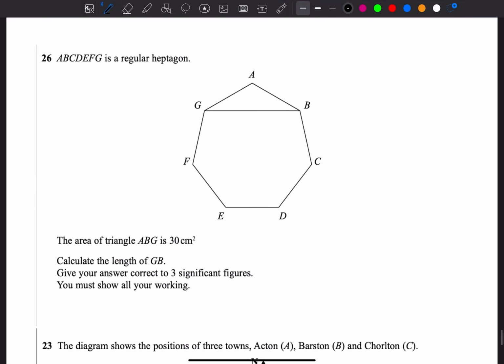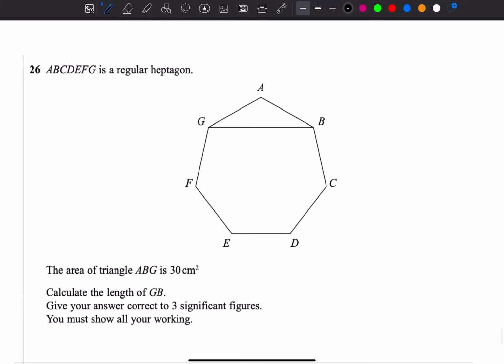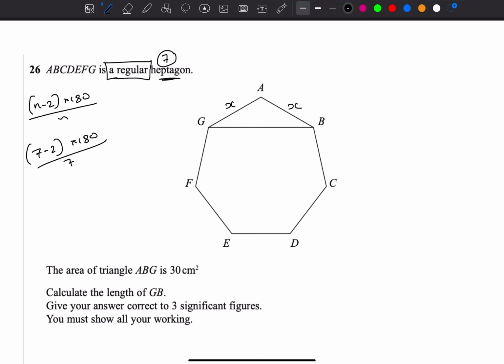The area of triangle ABG is given to you as 30. Work out the length of GB. Okay, let's say this is a regular heptagon. That means you know that all the lengths are the same, so let's call the lengths x and x. And on a heptagon you should know the interior angle. What is it? N minus 2 times 180 divided by n, isn't it, for each angle? So n in a heptagon is a 7-sided shape, remember. 7 take away 2 times it by 180 divided by 7, which gives you